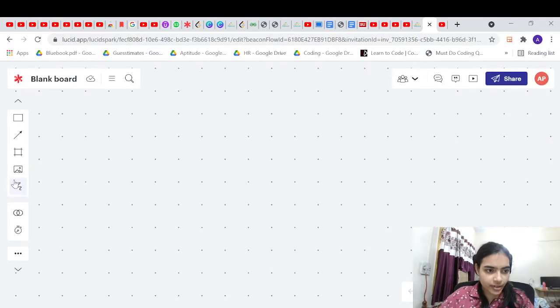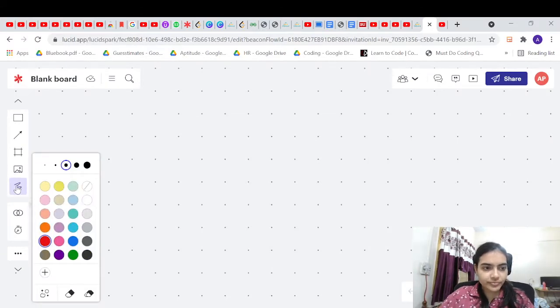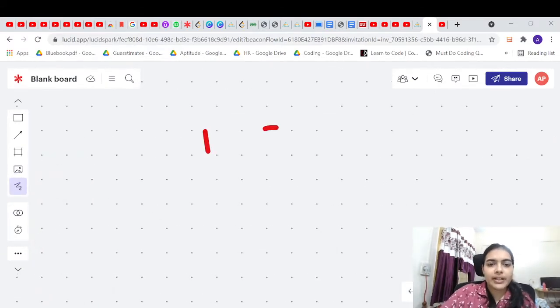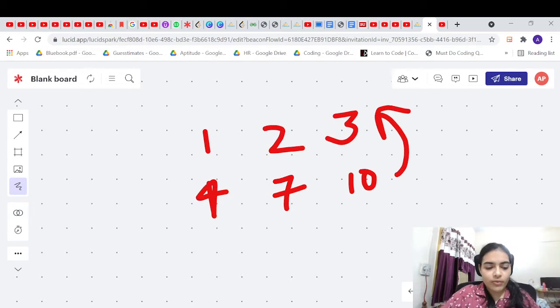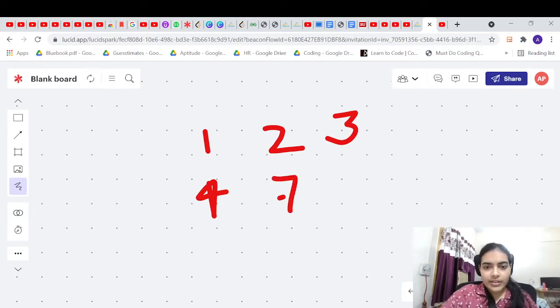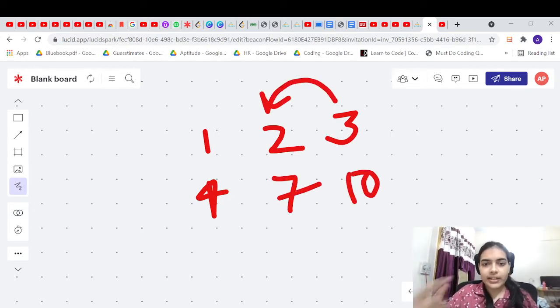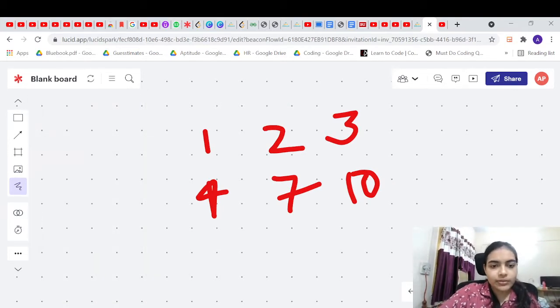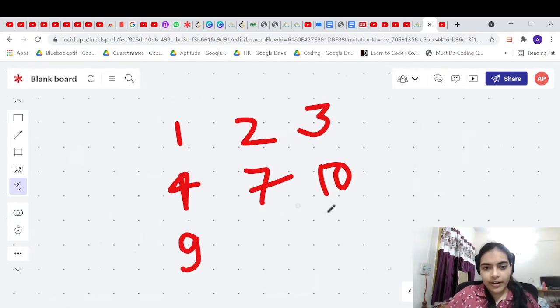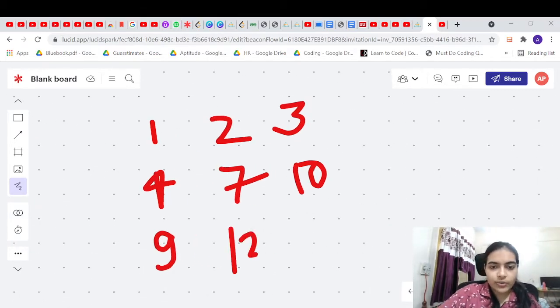Let's take a very simple matrix. Let's say it's given 1, 3, then 4, then let's say 7, 10. See, this value has to be always greater than this value, and this value has to be always greater than the previous value. So this is the important point in this question. Let's say we have some other values, like 9. I will have to take something larger than 9. Let's say 12 and let's say 20.